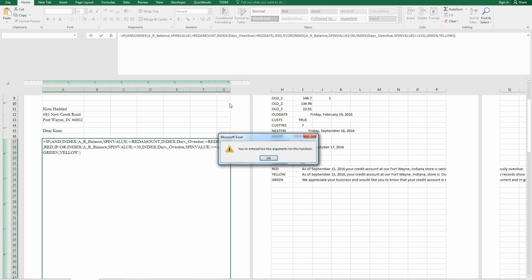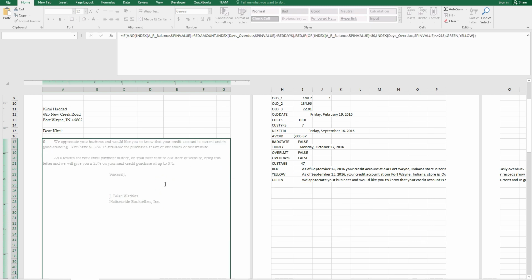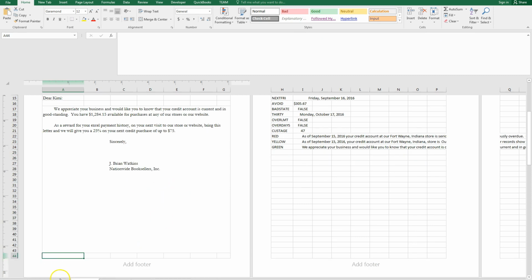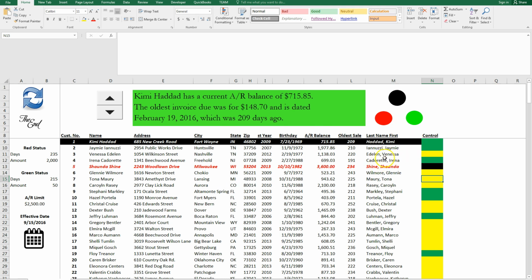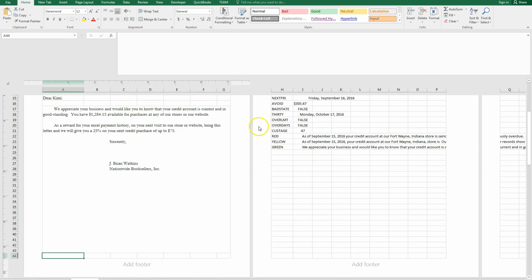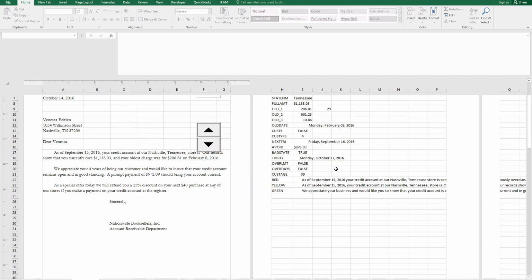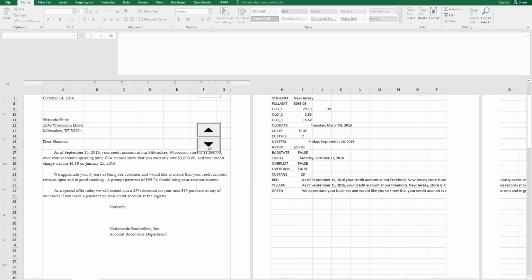And let's see if it works. Too few arguments. Index days over. I did that again. Comma, spin value. All right, so Kimmy is green. Let's go customer master list. Yes, she's green. Vanessa is yellow, so let's go down to yellow. Okay, so Vanessa gets the yellow because she wasn't green, so there's nothing up here about an over limit or over days. Green, oop, this one's red. It's actually black, but it comes out with a,